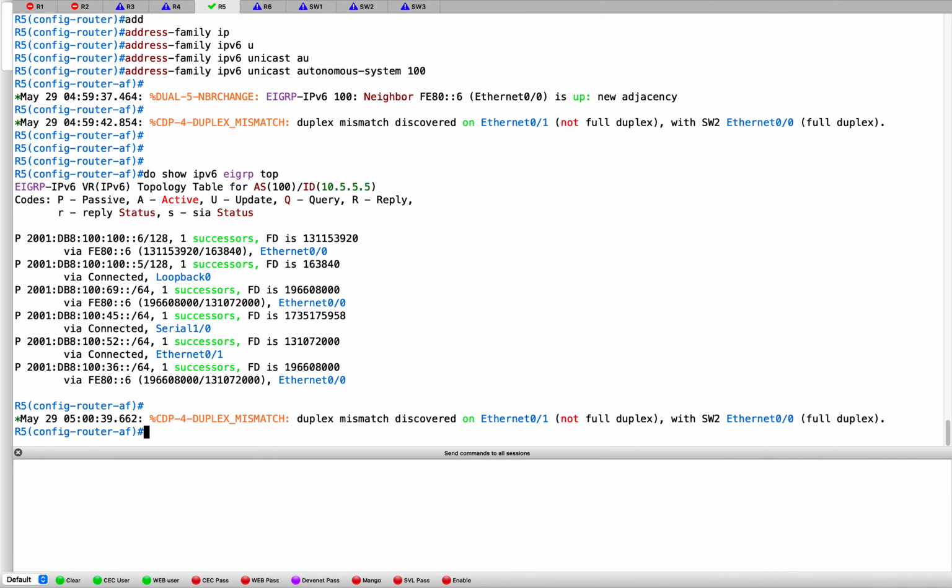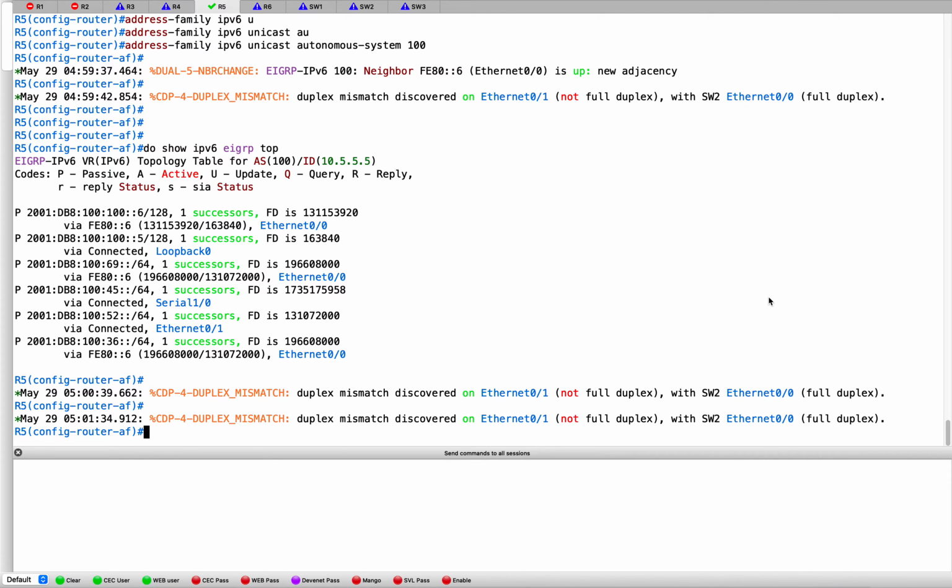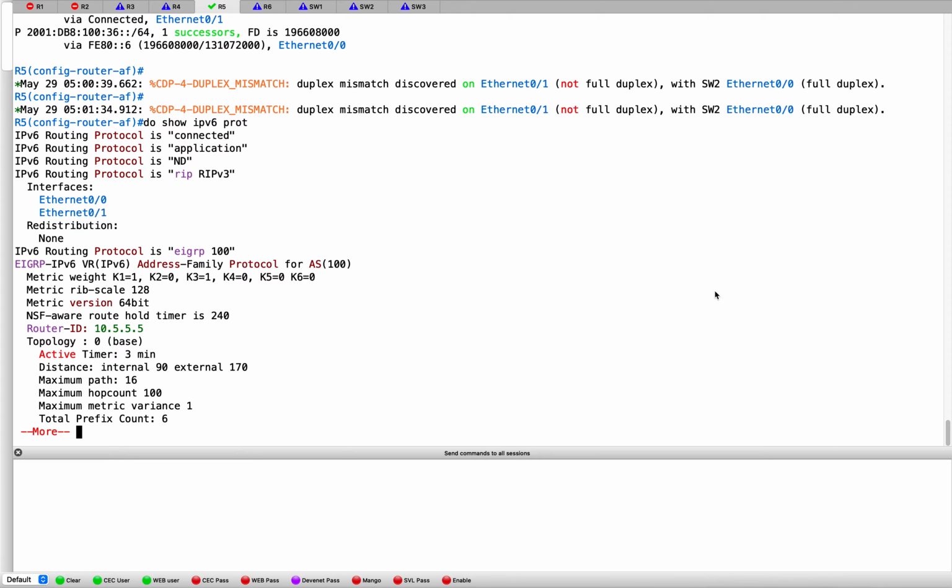Now, let's quickly have a look at another very important show command, which is do show IPv6 protocols, because I want to show you something very interesting here. With respect to the IPv6 EIGRP protocol, there are two interesting notes here. One is the metric version is 64-bit. So starting with new releases,